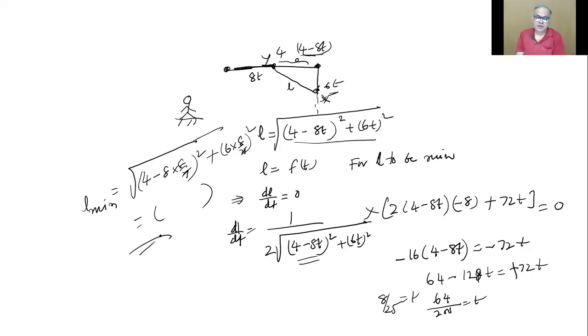Deliberately, I wanted to show this because there are always a few ways of doing physics problems or any problem, and we need to go for a shorter, smarter one. But this is perfectly all right. Remember, the only thing is people should have known this differentiation, which I've taught for some of you already. So I wanted you to feel how much we need to do. Then we'll make it easier by going to the reference frame of, say, y or x. Complete it anyway. Even if you did not calculate L minimum, don't worry. I'll calculate L minimum in a simple way in the next method, after which you can compare them and check.